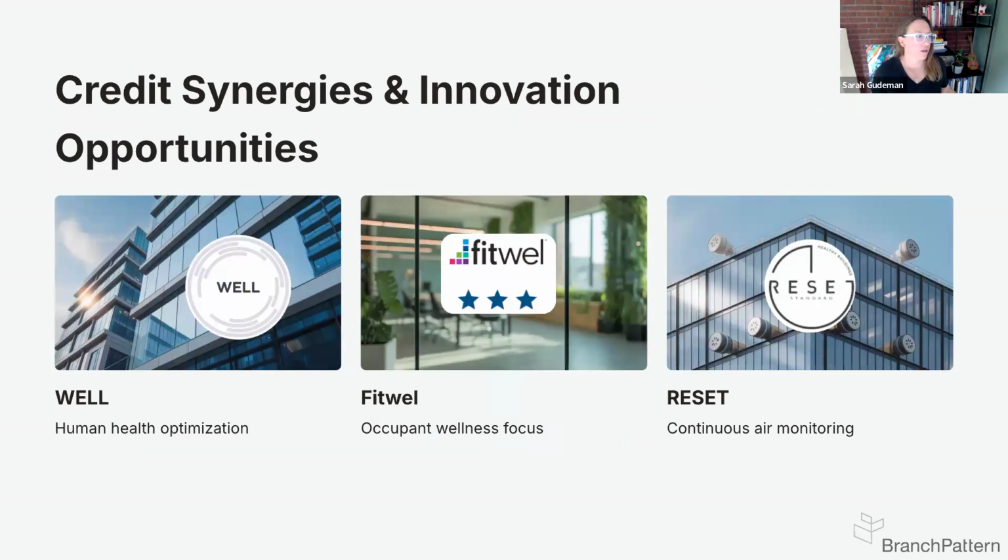I wanted to also call attention to this project priorities credit. This is kind of where all the innovative strategies went in the new rating system. So project priorities credit is 9 points for BD&C, and it is 10 points for O&M. And LEED v5 really, again, is intended to give this menu of options for IAQ to contribute to project priorities